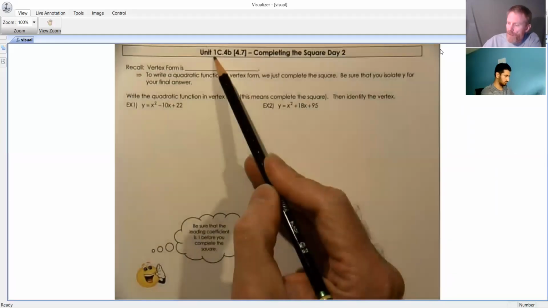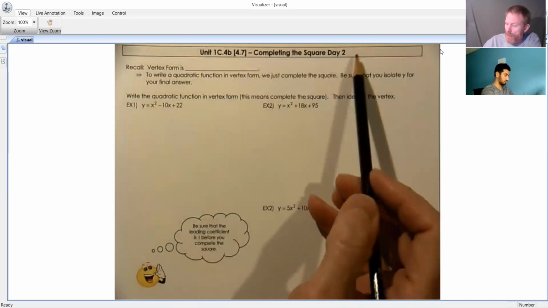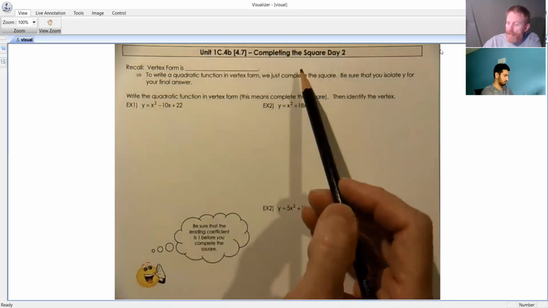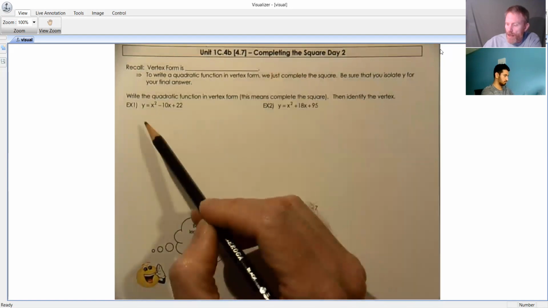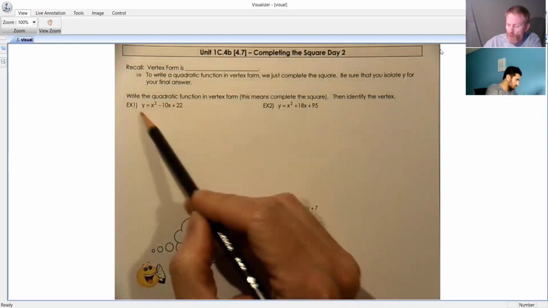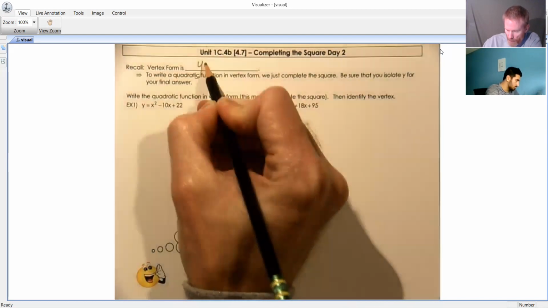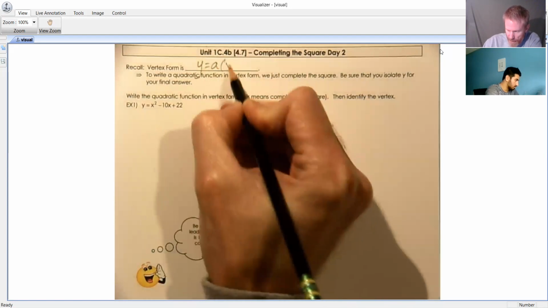Here we have unit 1C.4b. It's our second day talking about completing the square. Today we're going to complete the square to produce vertex form. When we start with standard form, we're going to convert it to vertex form. To help us remember what vertex form is,